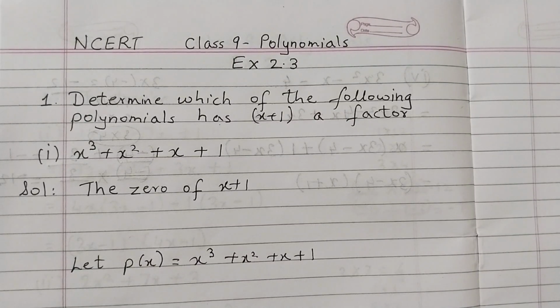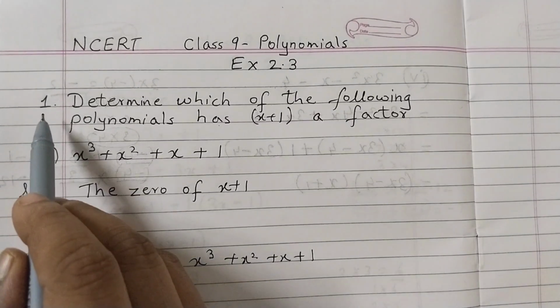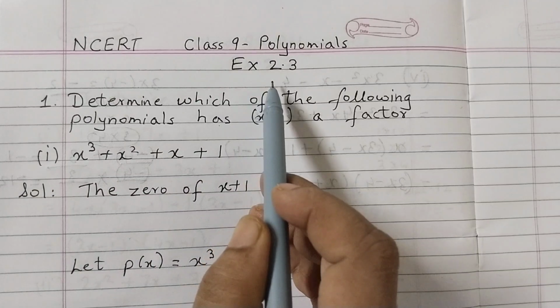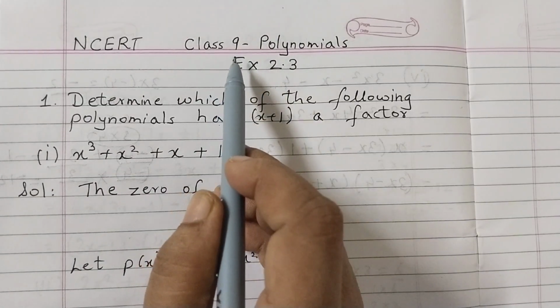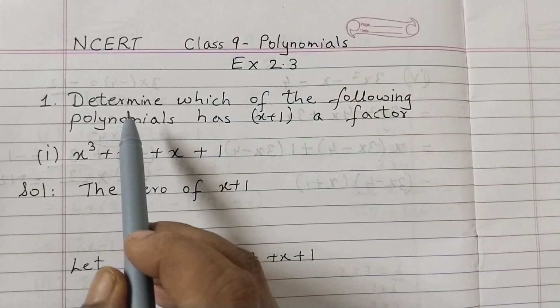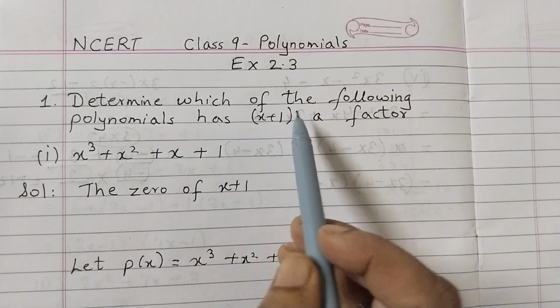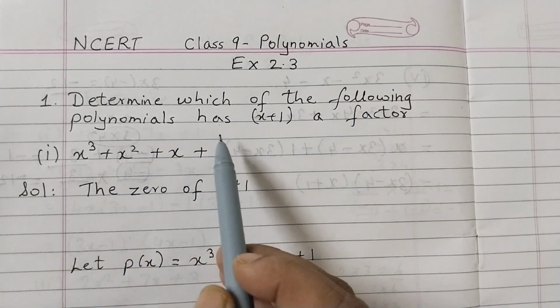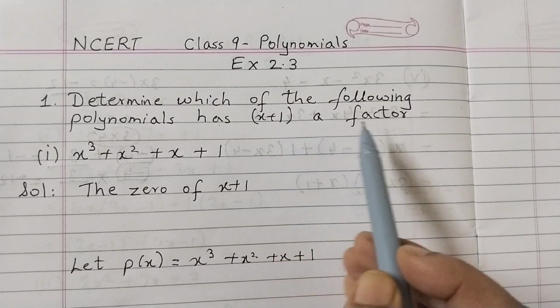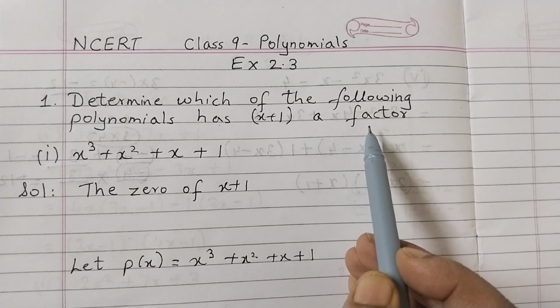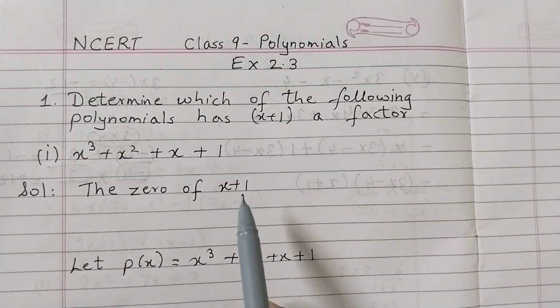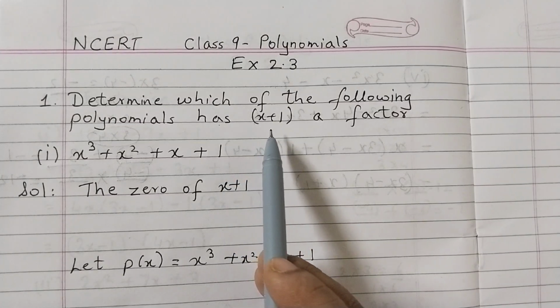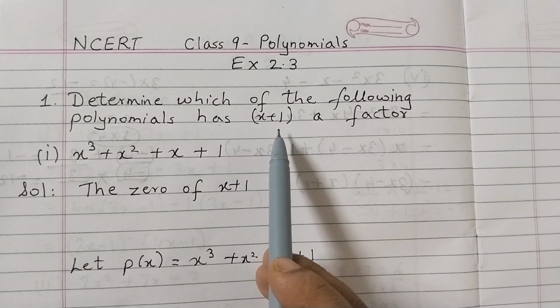Hello students, in this video we shall discuss question number 1 of exercise 2.3, that's class 9 chapter 2 polynomials. Determine which of the following polynomials has x plus 1 a factor. We are given 4 polynomials and we need to find out whether x plus 1 is a factor of the